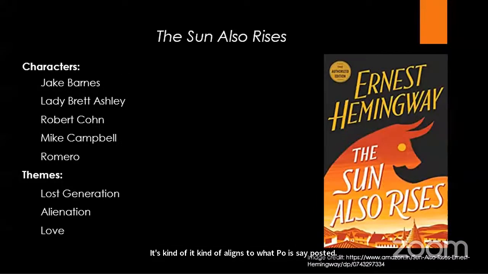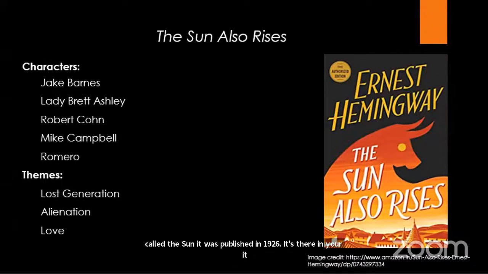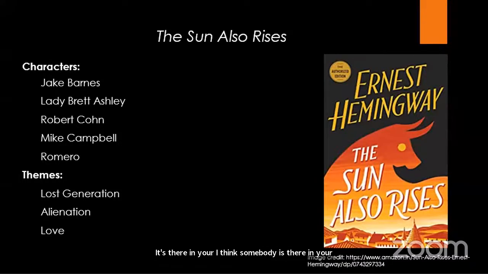Okay, now we will move to one of Hemingway's works. It's called The Sun Also Rises. It was published in 1926. I think the summary is there in your book, but I'll give you a very quick summary. This work is divided into three parts. On the surface, it's a love story between this guy called Jake Barnes. This guy served in the World War, and then he gets hurt, physically hurt, and mentally goes through a trauma. And the physical hurt makes him impotent.